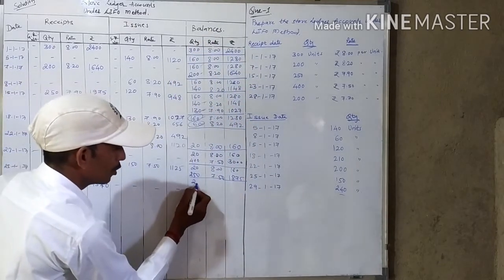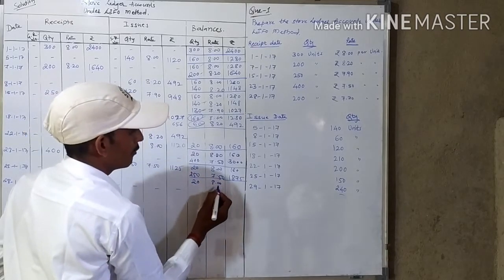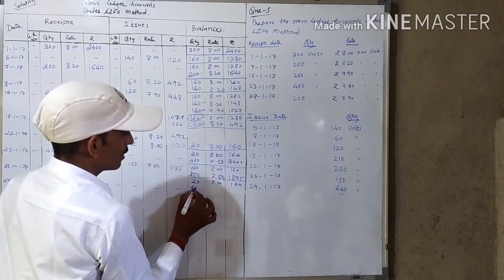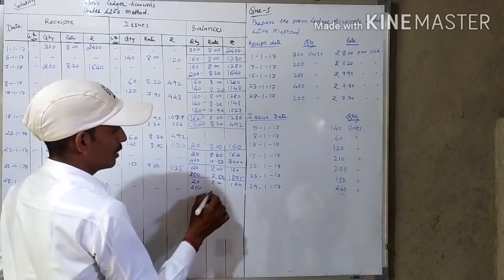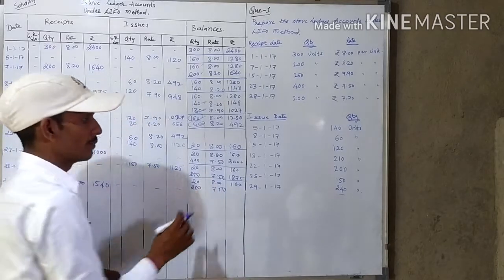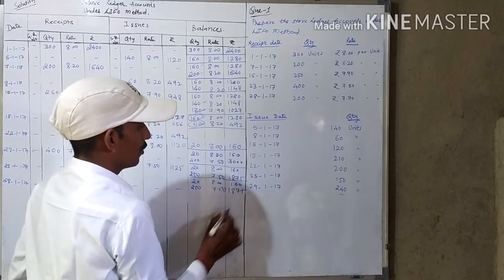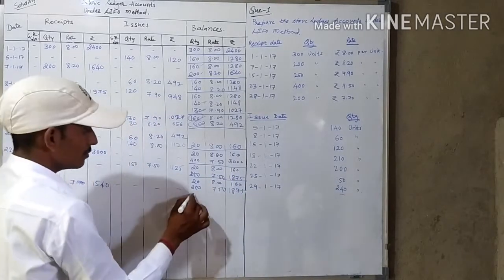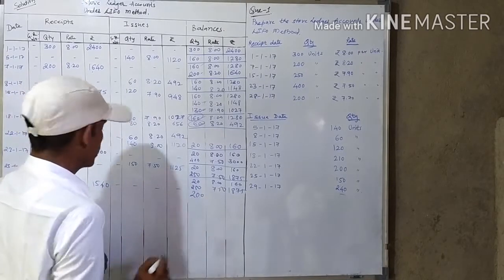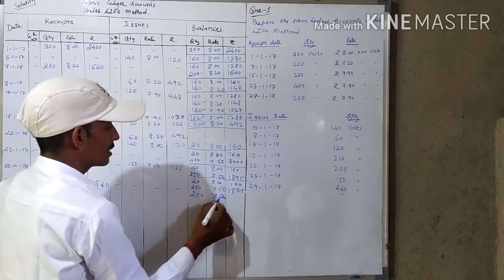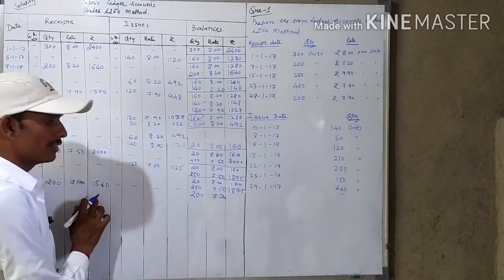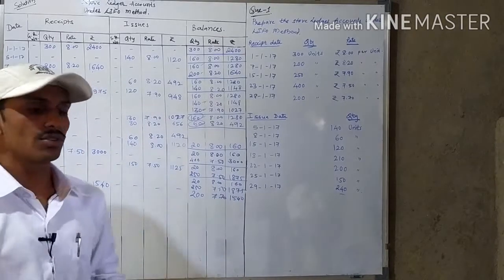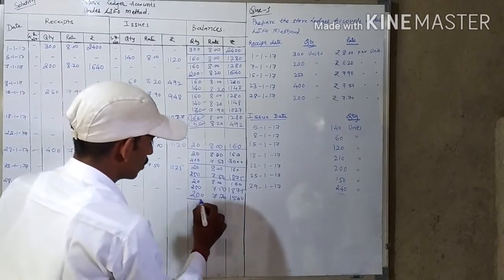Earlier 20 quantities are available, value per unit is 8, value of the same quantity is 160 total. Again, second lot we have purchased, 250 units, rate of that is 7.50. The total value of that 250 units is 1875. Again we purchased the third lot, just now, that is 200 units, and the rate of this is 7.70. The value of that is 1540. Okay, this is what you have to work out. So here I will close the books of accounts.